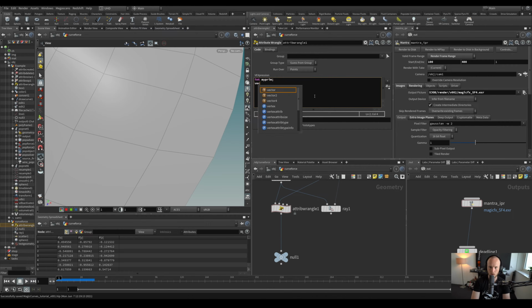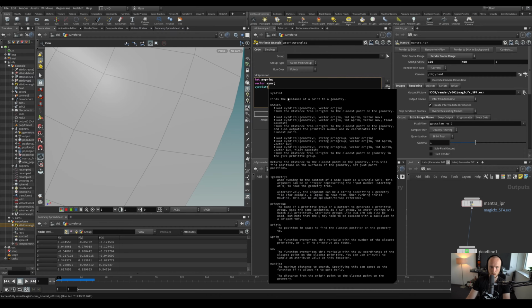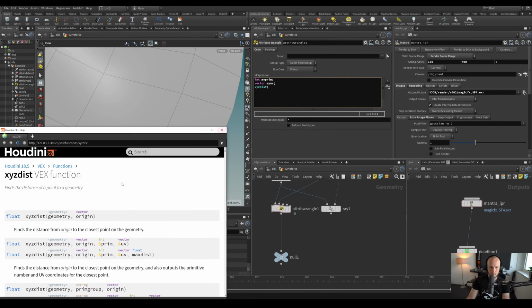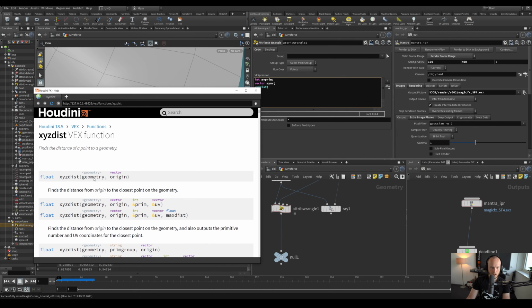So it's going to be holding, and we only need to do a holding vector. Let's call it myuv or something. That's going to be the holding variable for the primuv thing. And then we're going to be using a function called xyz distance. Let's open up the help file for it. So it takes a geometry as the first input,